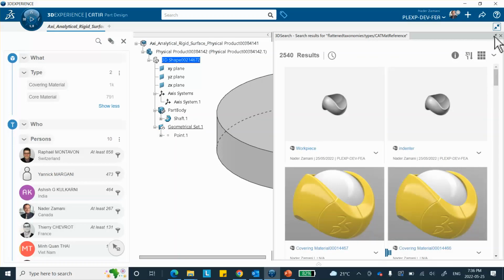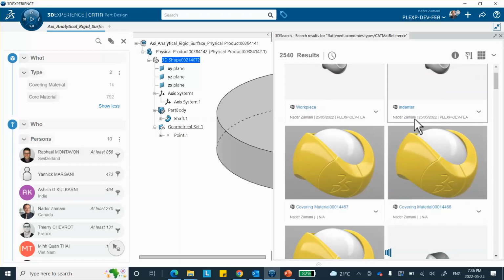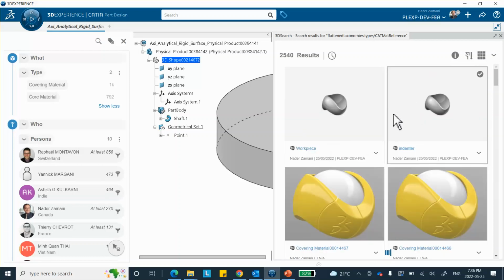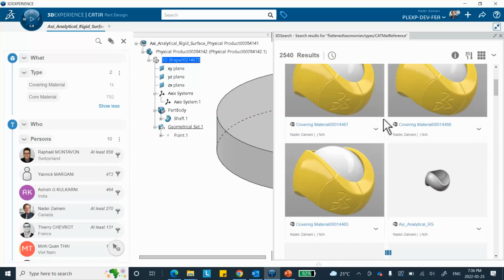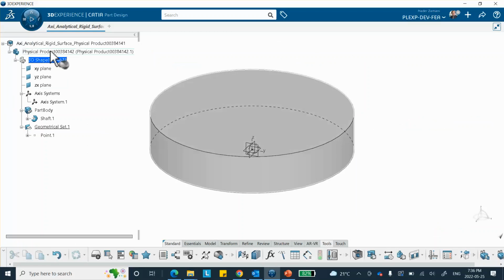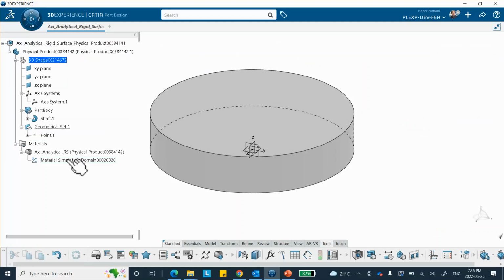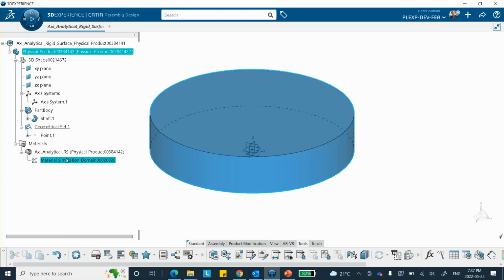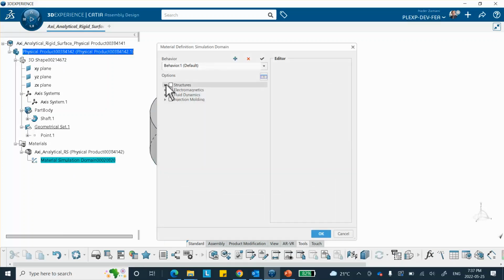Let me see now. It must be somewhere here. Right here, Axis Analytical Rigid Surface. Put the cursor on it, right click, apply. And I don't need this anymore. I'm going to put it on the part that I just made, and we're going to input the properties. So expand the tree, expand this, double click on it. Okay, so it's structural,